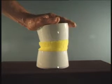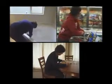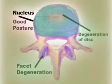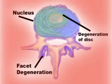When you do a lot of bending, stooped standing, or sitting slouched over a period of time, changes occur inside the disc. The inside of the disc is made of a softer material called the nucleus. If pressure is applied to one side for a period of time, the nucleus acts like jam inside a donut,